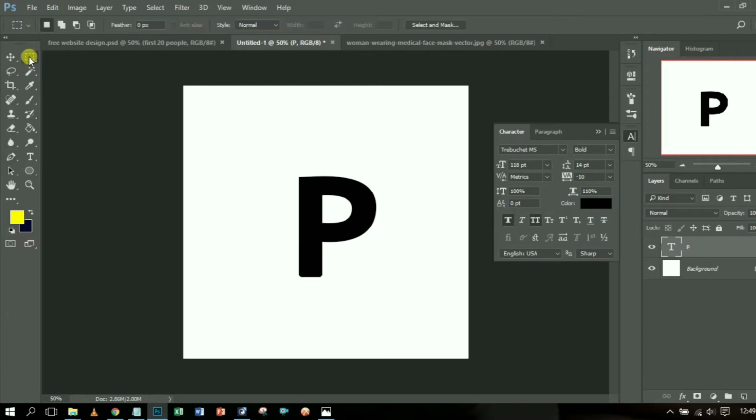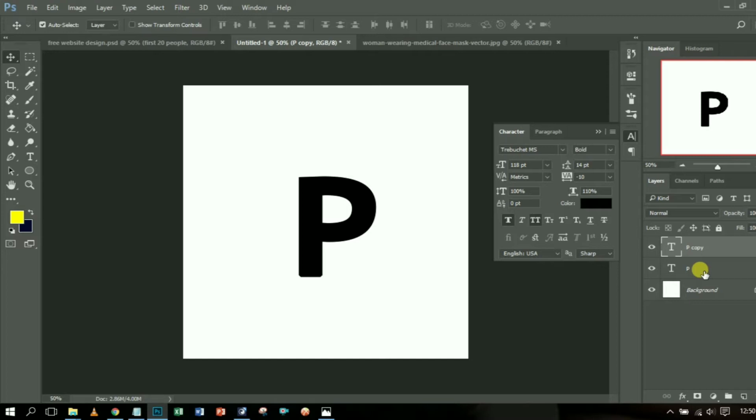So if you click on this, let me first explain what I want to achieve. For this letter P, I want to make the bottom curved. I want to give it a curved shape at the bottom, so it's not just flat. So how can I achieve this? The first thing I need to do is duplicate this by pressing Ctrl J. If you're using a MacBook, it will be Command J, but for a Windows laptop it's Ctrl J